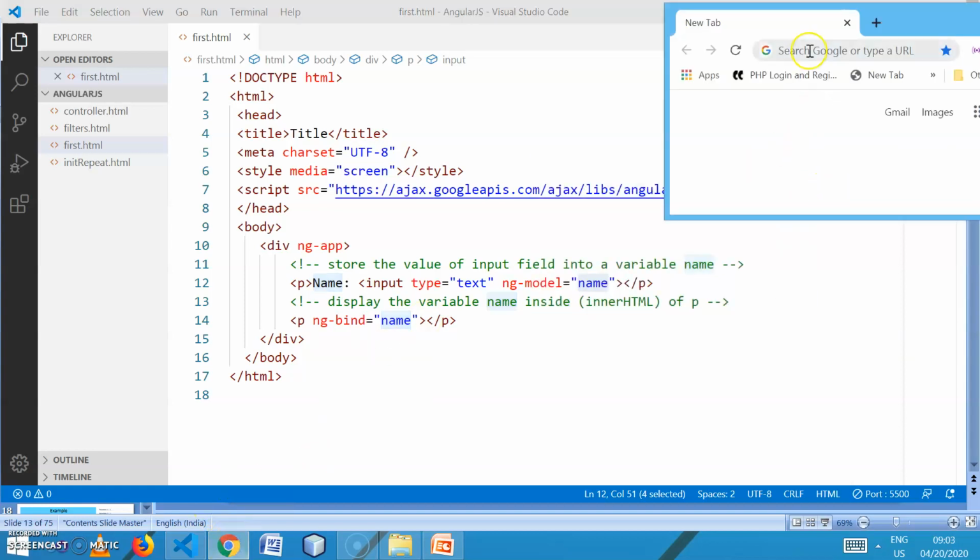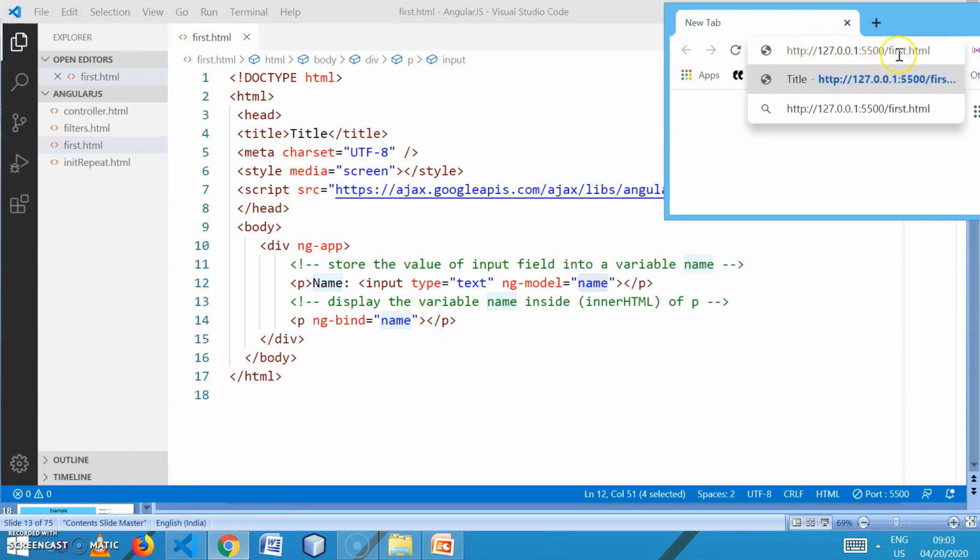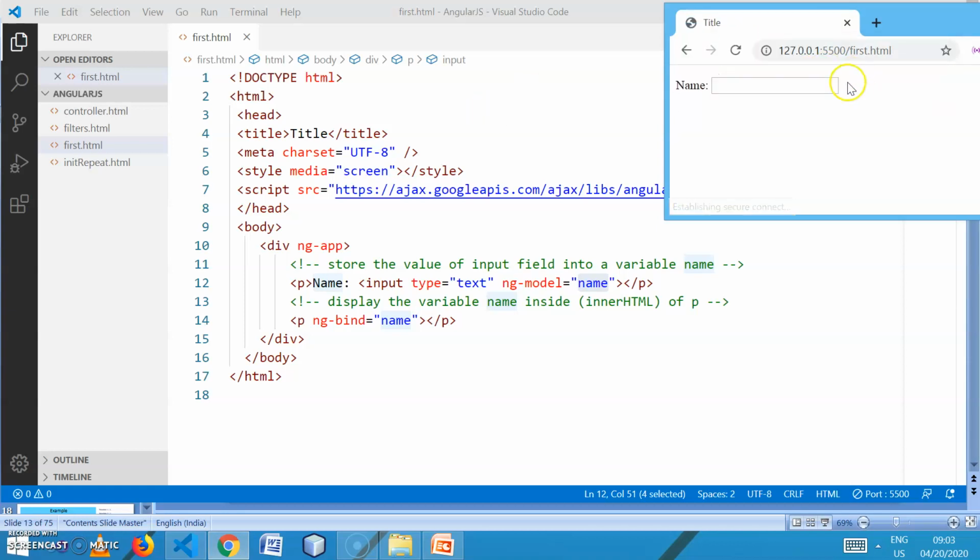Let me start my browser. The URL of this is the first.html page. Yes, this file is saved as an HTML page. Within the HTML we can use Angular. If I run this, this is the name and text box.